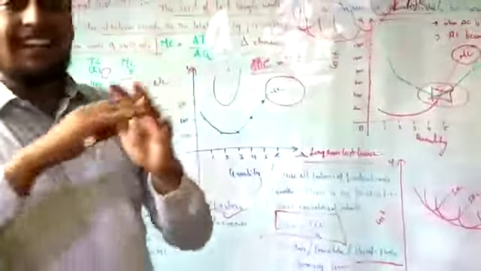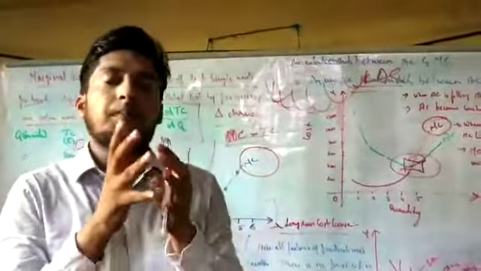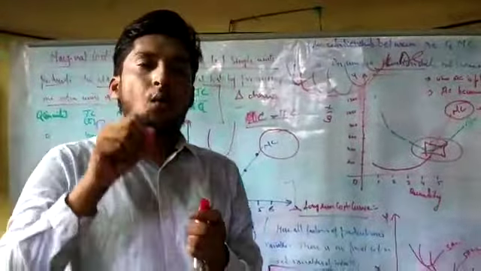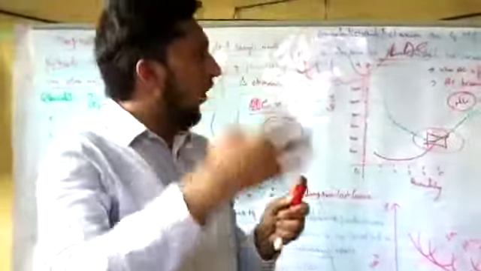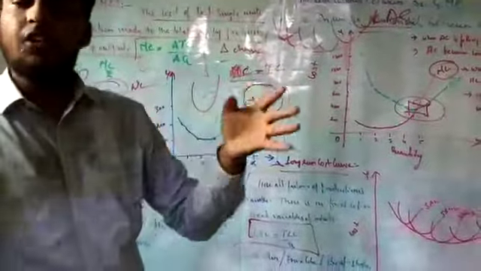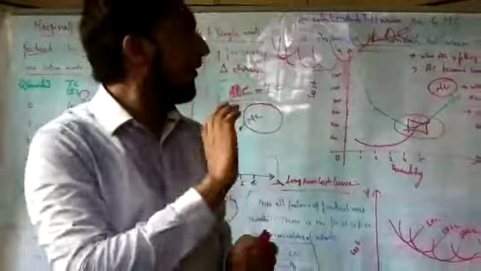With this, the cost analysis gets over. In the future classes we'll see the revenue analysis: how the business is generating revenue, how it is going to generate it, and what impact it has on the business. All these various things we'll see, the various curves we'll explain, and how they deal with cost and revenue, merging together for the betterment of the business. That is what we'll see in the future class.